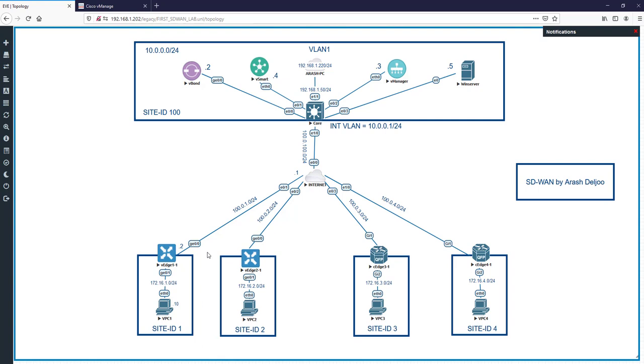But if you are not familiar with SD-WAN templates, please see the template series videos and you will easily understand all of the templates. I should use templates because I want to test my scenario. Okay, let's go to